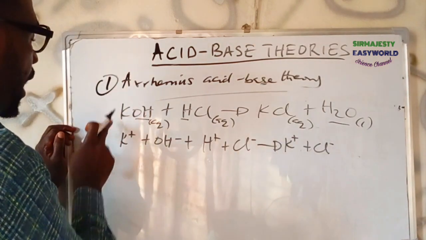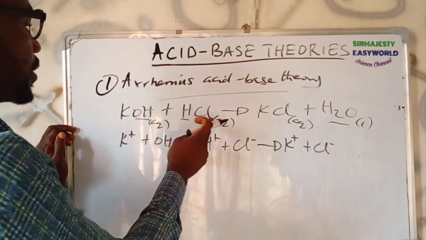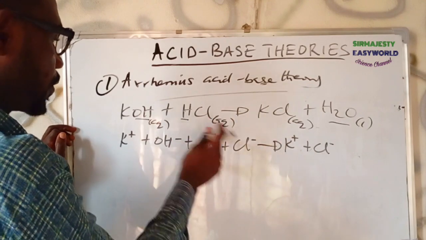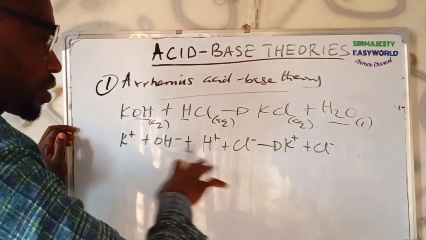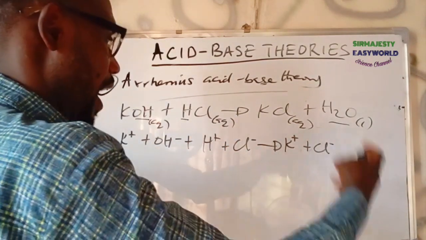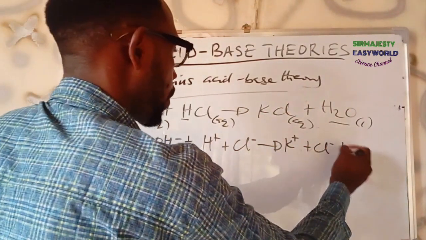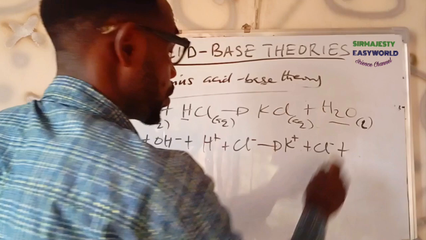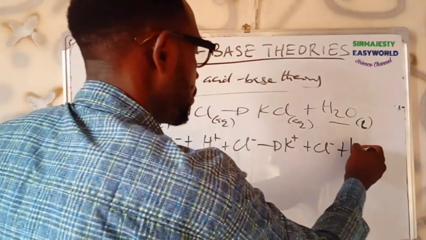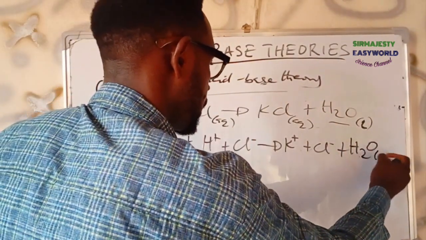Remember, if there is a 2 here, I'll put it here. If there is Cl2 at the back of this, I'll put 2 here. So as you are dissociating, you are also balancing the atoms, the charges, the ions will also be balanced. Plus, this is liquid. Remember, I told you don't dissociate the three states of matter. Because it's liquid, I will repeat it.